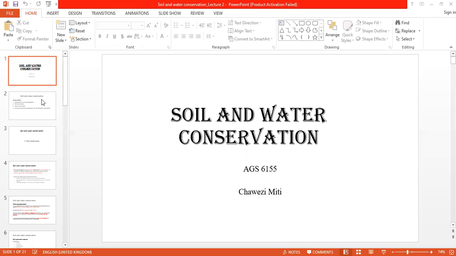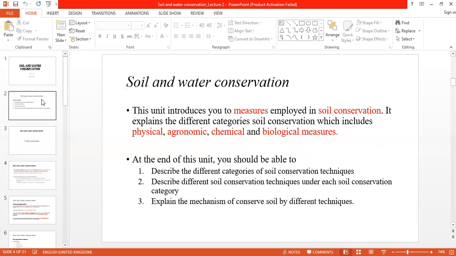To start with, we already defined what soil conservation is from the previous lectures. That basically it's just ensuring that the ecosystem functions of soil are able to carry on